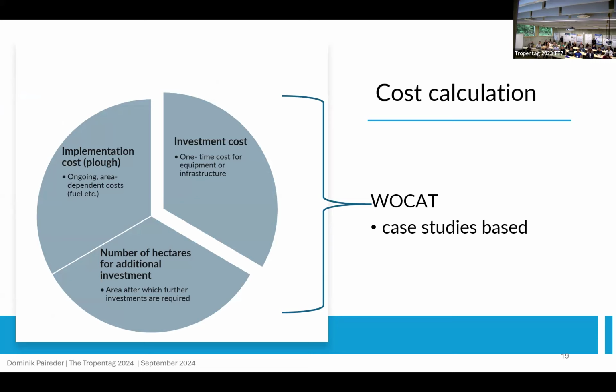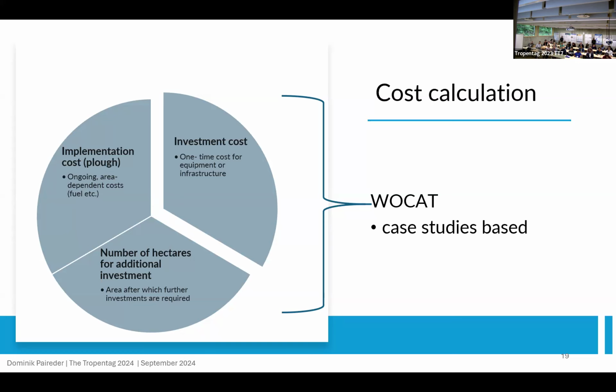The costs are really important. Where do we get this from? Again, from the WOPAT. Check it out. It will always help you. We have the investment costs. It's one time. Then we have the implementation cost. So this investment cost must be for each pixel. A pixel is 1 hectare. So we brought the whole SDS, sand and dust storm belt, from north of Africa to China, down to 100 by 100 meters. So it was quite data intensive, you can imagine.